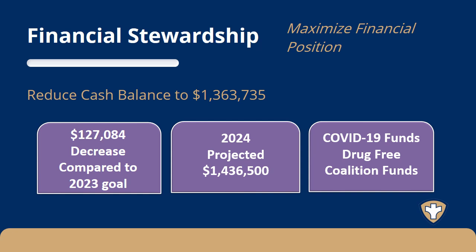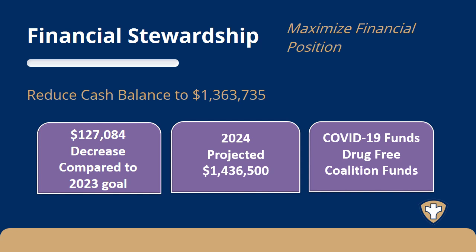Some of the reasons it's been difficult to spend down the balance in public health is because we've received additional grant funding in areas such as COVID-19 through the COVID-19 Enhanced Operations Grant, as well as receiving additional funding for the Drug-Free Coalition. These funds that are received reduce the need for us to spend out of our public health fund.